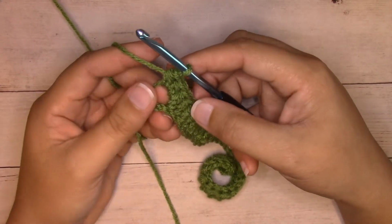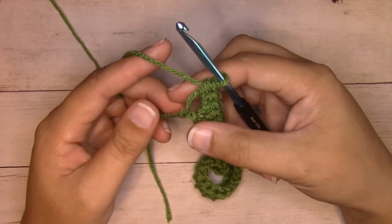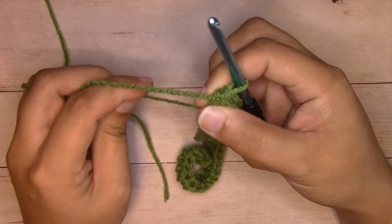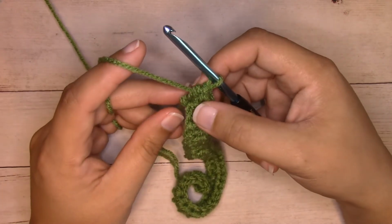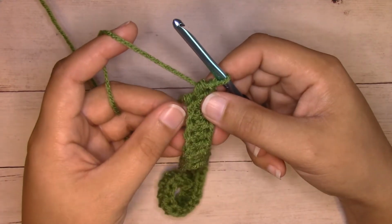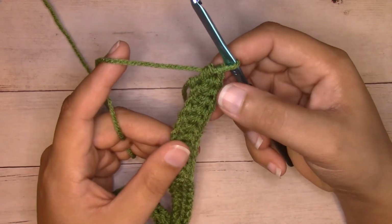The chain might open up like this just because it's not secured. You can hold the knot there and pull the tail end. It'll close up that. We'll secure it when we weave in our ends. We're now going to rotate our fabric so that we can work on the left side of the chain. That is the opposite side of the foundation chain, as we're ultimately going to end up with an oval here